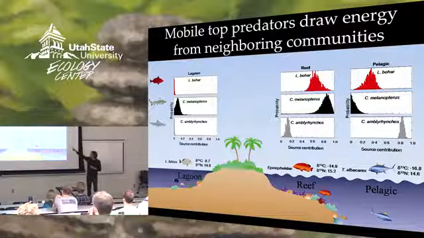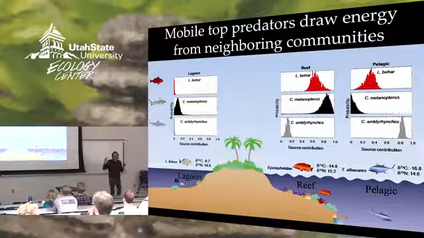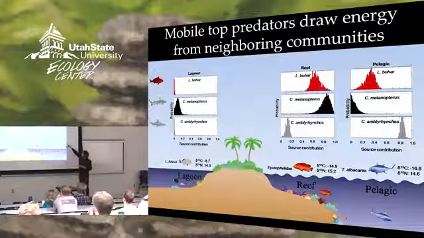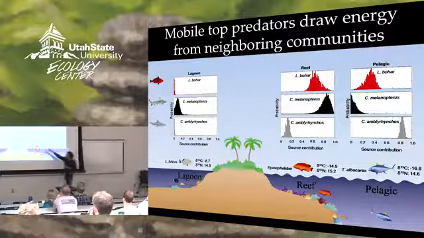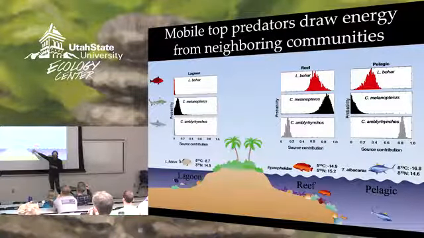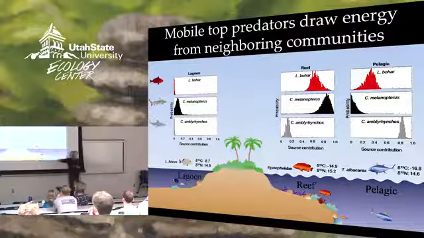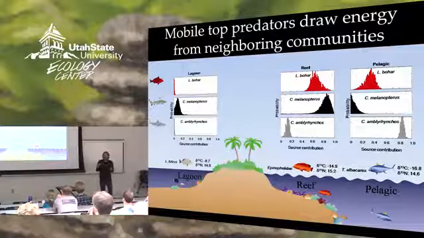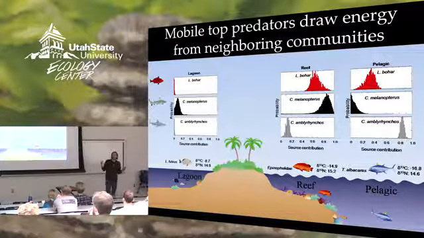Here's a story, for example, for the gray reef shark. Numerically, the most abundant shark, the most common shark in that blue block sitting on top of that inverted trophic pyramid. Quite interestingly, this shark, the model is telling us, is drawing over 80% of its energy from a pelagic system, and only 20% of its energy is actually coming from the reef where we're counting it, where I'm assigning it to structure. So it seems, in the case of the gray shark, that there was indeed this cryptic linkage going on, this really important hidden part of the ecology that I wasn't seeing